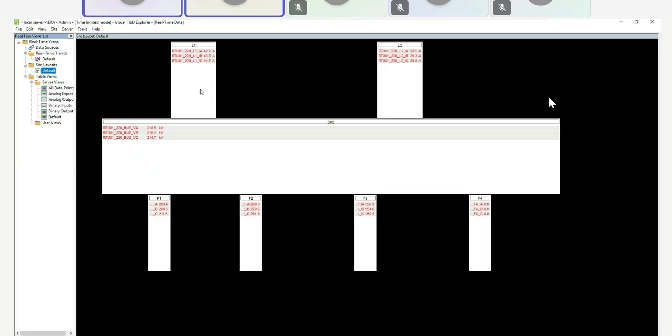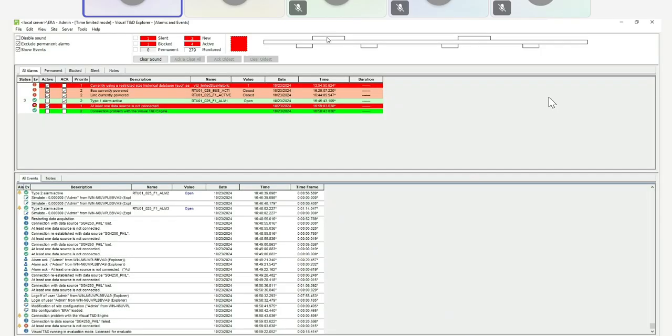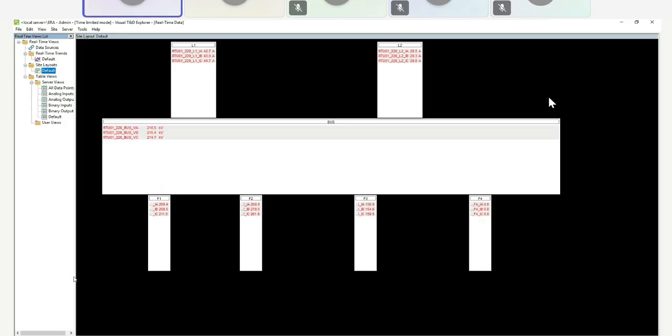For example, if there's an alarm in this line one, you can easily determine in this layout where that alarm is coming from. For example, if there's an alarm in the L1, this will change color, like red. Under normal state, by default, going from alarm to normal state, it will change from red to green color. So that's the concept for the site layout.